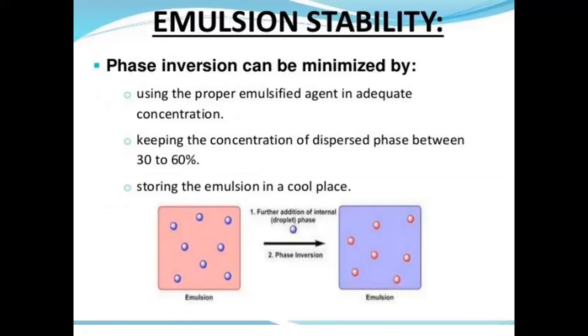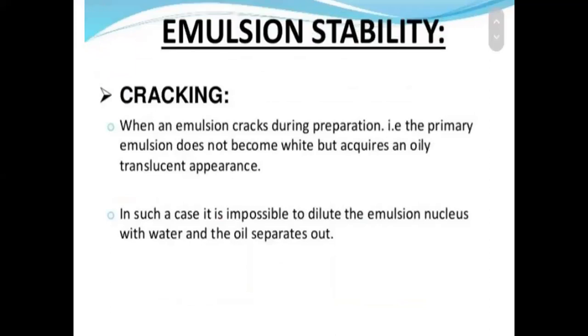Also store the emulsion in a cool place. कूल प्लेस मध्ये जर इमल्शन स्टोअर केलं तर फेज इन्व्हर्जन साठी ते susceptible नाही. So phase inversion is minimized this way: by adding proper emulsifying agent, storing the emulsion in a cool place, and keeping the concentration of dispersed phase at 30 to 60%. Then last point,